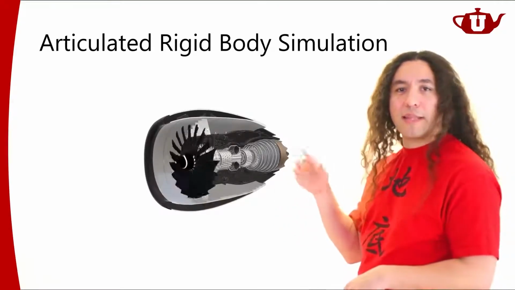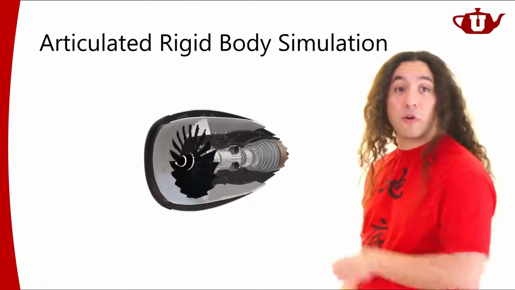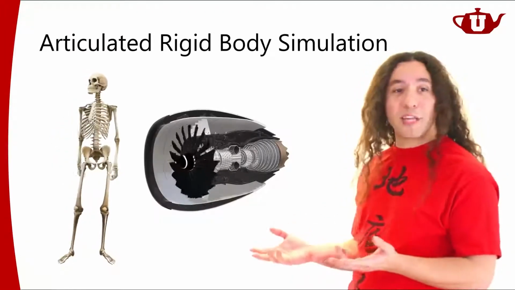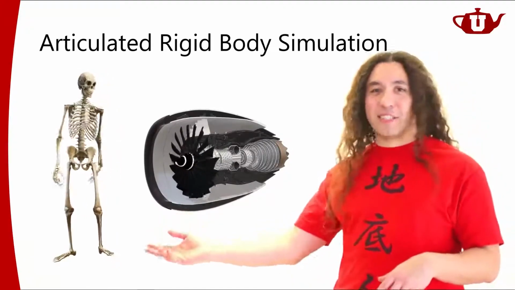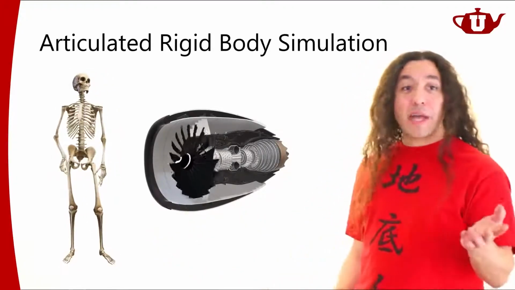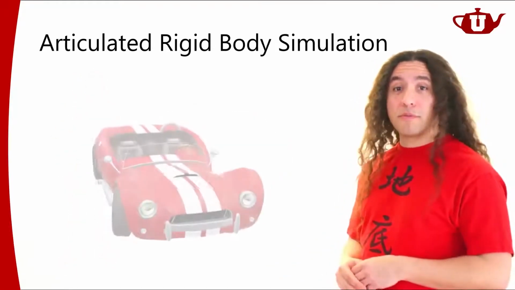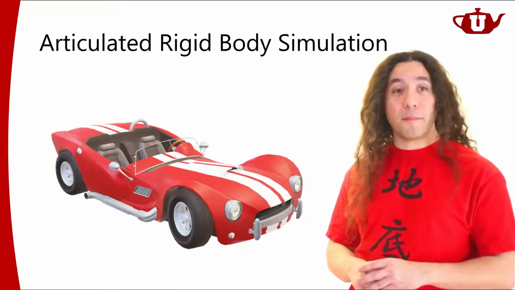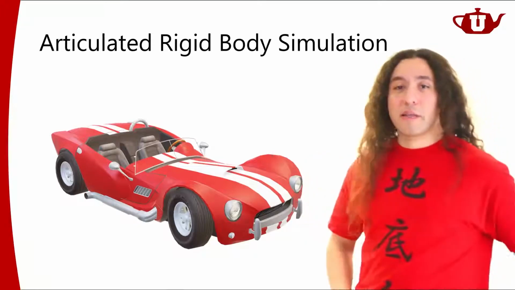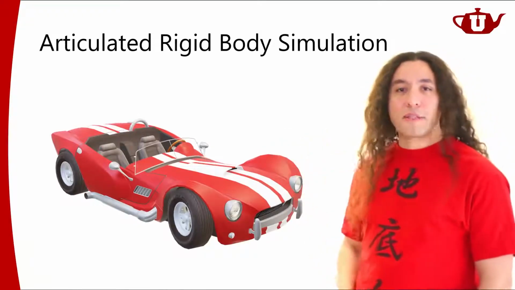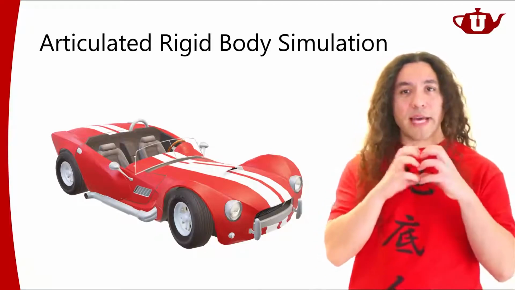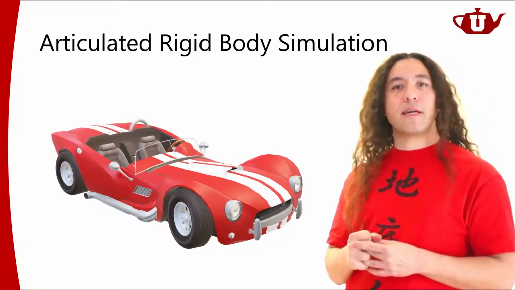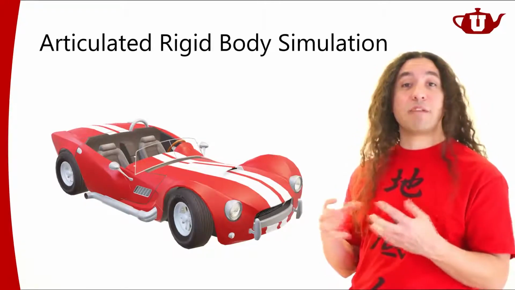So I could have a joint constraint that only allows rotation around this joint. These sort of articulated rigid bodies are also used for ragdoll simulations. Again, this is not a simulation, just an animation, but you get the idea. They're used a lot for vehicles. Also, the vehicles are modeled as articulated rigid bodies. Right? And in these sort of simulation scenarios, all of these components are actually rigid bodies, but they are connected with different types of joints. And those joints have different sort of degrees of freedom. They allow different types of relative motion.